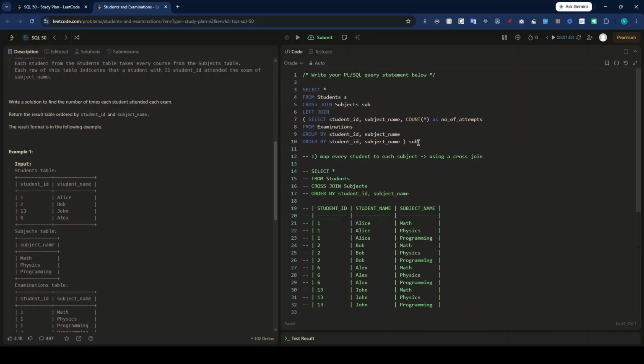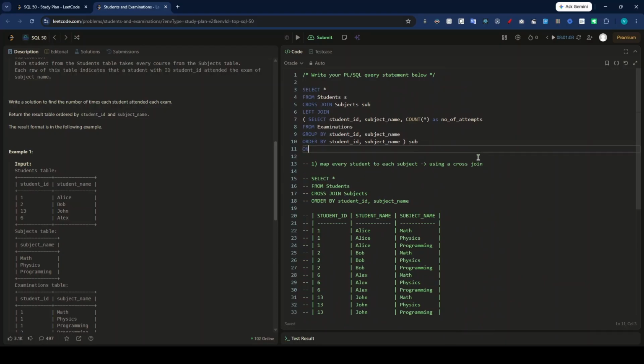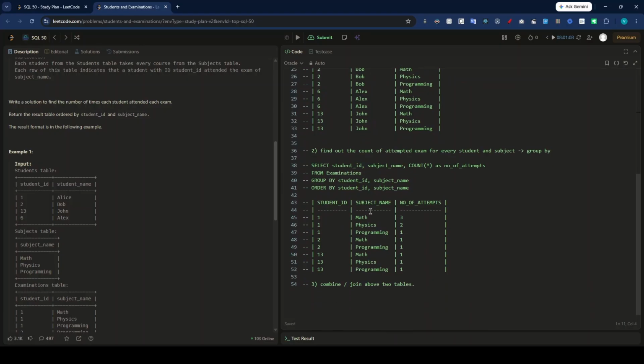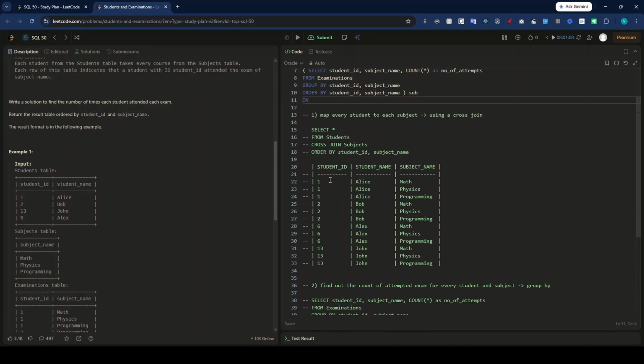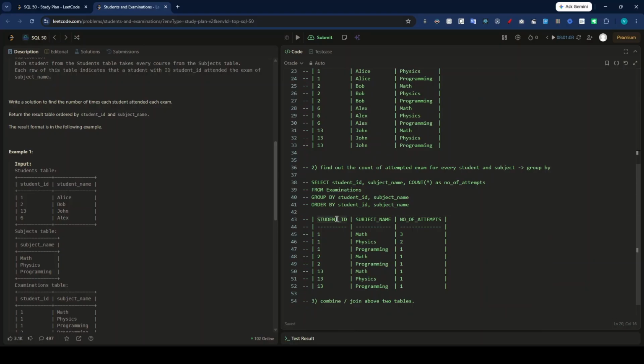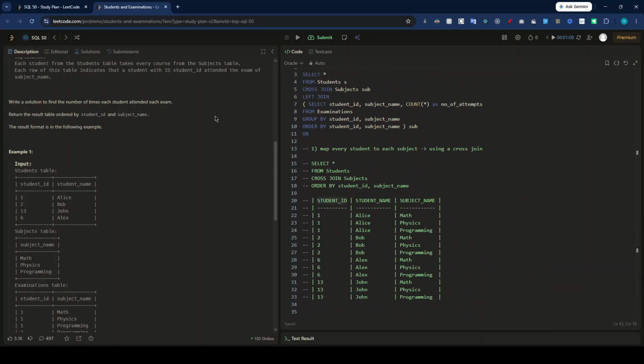Now on what conditions do I need to join? We can join like this also, guys. We can join using subqueries and CTEs also, not only the table names. I think this is the first time that we are seeing it like this, but like this also we can perform joins. So on what condition do we need to join? We will be joining on student id. Student id is in the students table, so on s dot student id